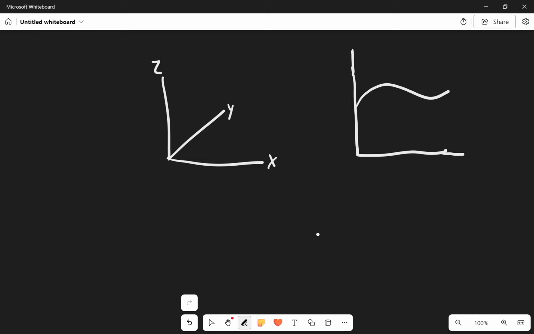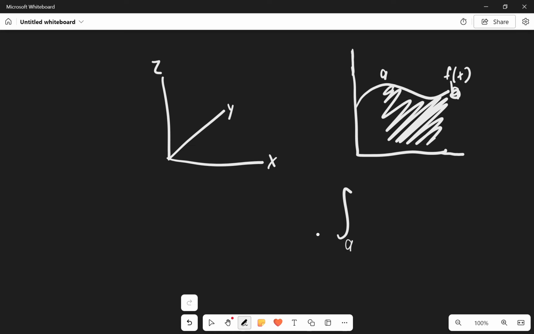Let's say this is f(x), and we want to integrate from this point A to this point B. So to get this area, we would do it as follows: the integral from A to B of f(x) dx, and that's easy,